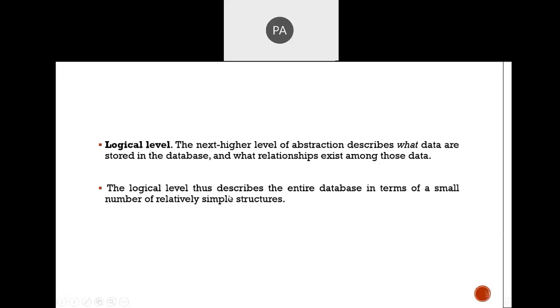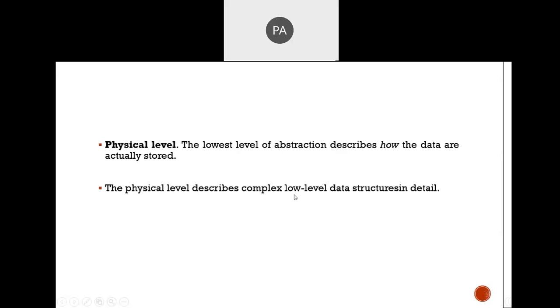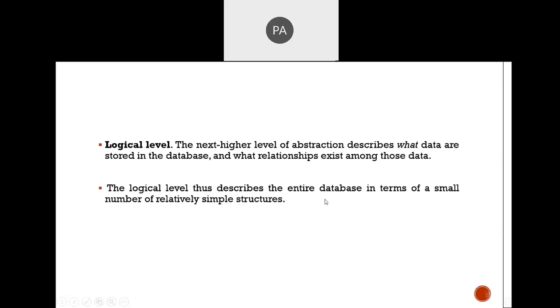The logical level describes the entire database in terms of a small number of relatively simple structures. Here the low level data structures are simple structures. Make a note of that. The logical level works majorly on the relationships existing among those data, so it totally depends on the relationship.